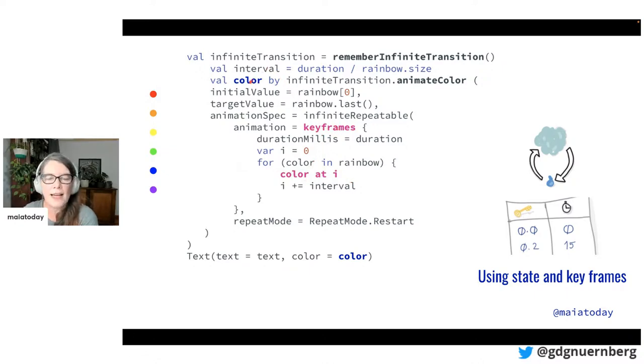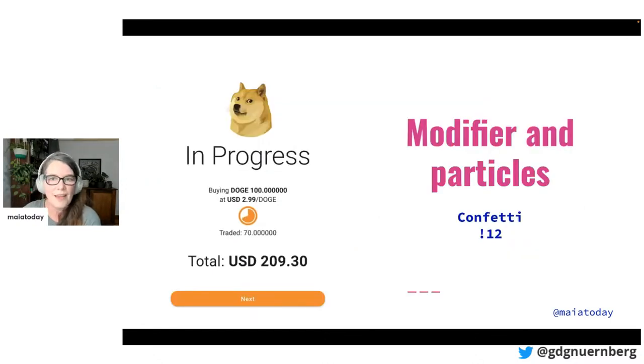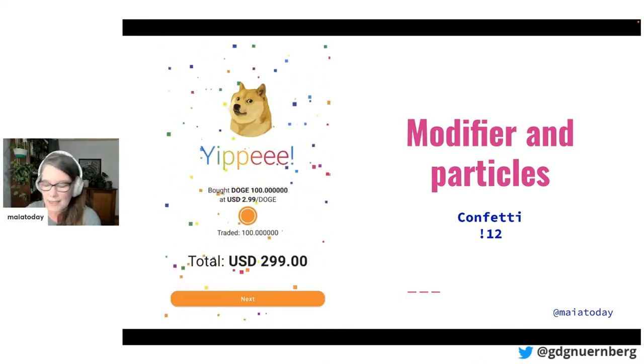And again, this color is being saved in the state. The interim values are being saved in the state. This color changes, and the composer knows there's some state change. You just pass this color into the text, and you'll get the color changing in the rainbow sequence on your letter. Okay, so now something even slightly more complicated.